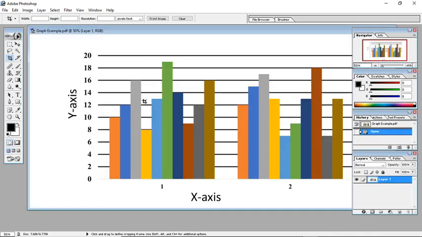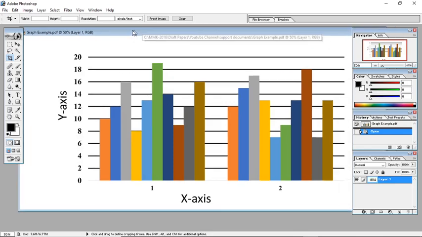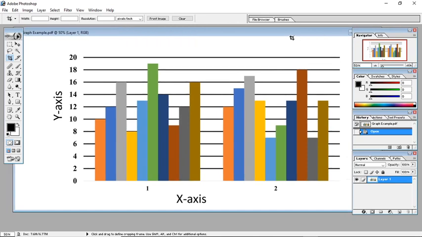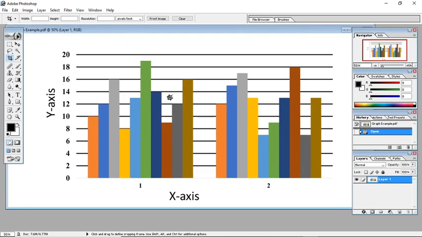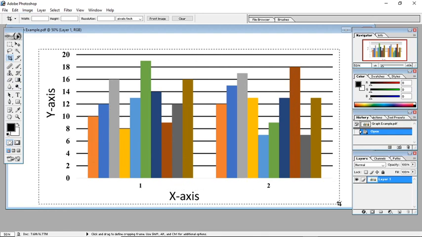The PDF file is only one page, so it is opening in Photoshop. Here I can crop using the crop tool. Whatever you like you can reduce, because the PPT slide is very wide now.